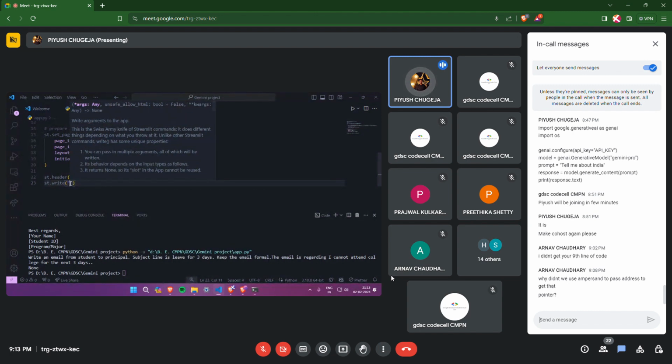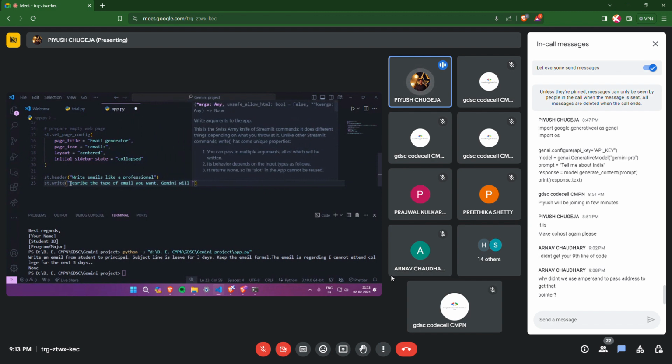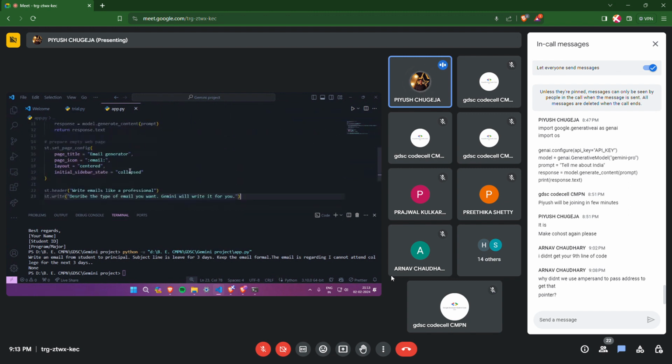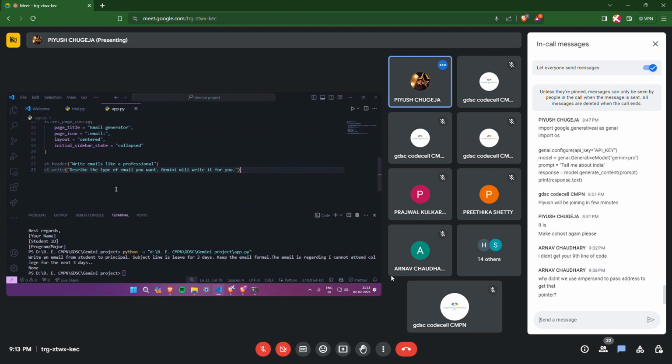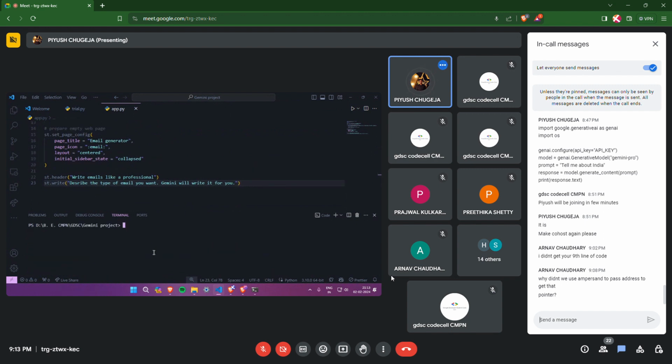write से अभी हम यूजर को इंस्ट्रक्शन देंगे, बेसिक सा इंस्ट्रक्शन देते हैं यूजर को कि describe the type of email you want. Gemini will write it for you. Okay. Now I hope all of you have followed yet. अभी तक जितना भी हुआ वो फॉलो किया है. बिफोर मूविंग अहेड हम स्ट्रीमलेट ऐप को रन करके देखेंगे